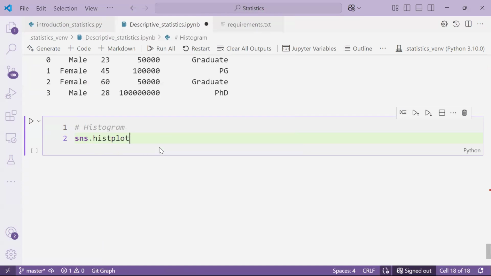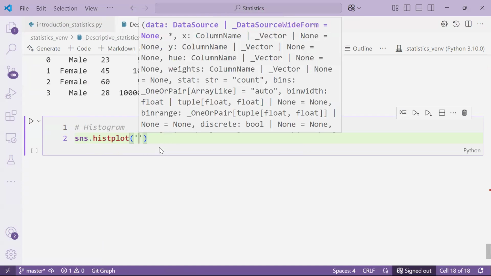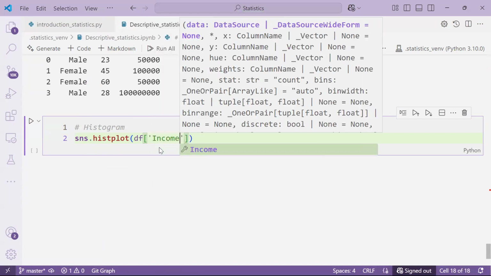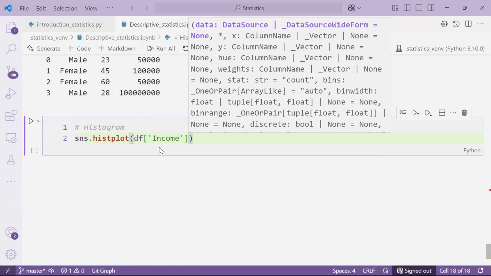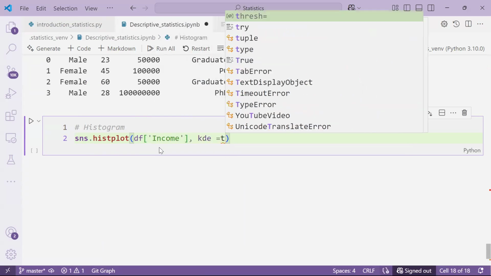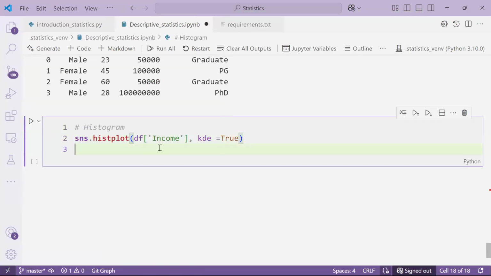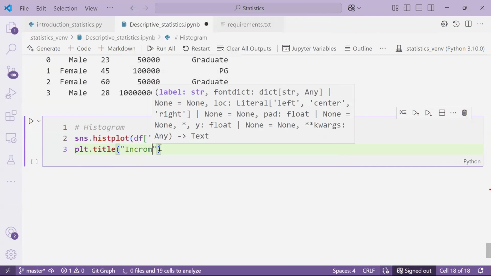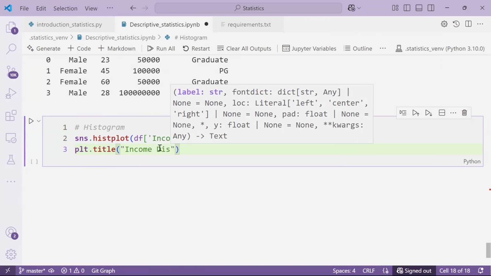For this histplot, we have to provide our data, the feature from your data frame, and KDE could be true. And what is the title for that? This is the income distribution. We are going to find how that income variable was distributed, so I'm giving that particular name,